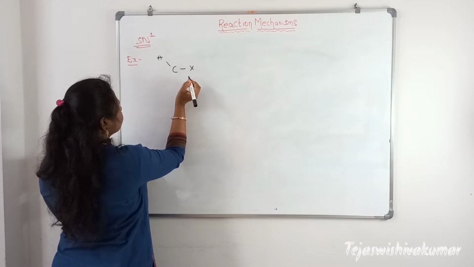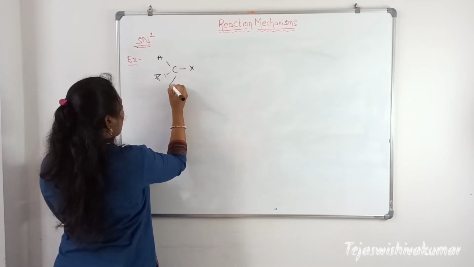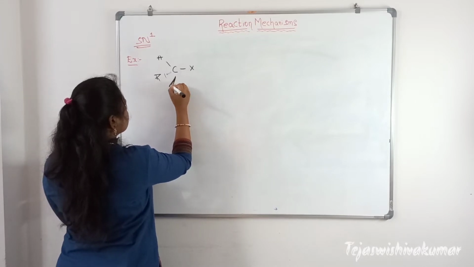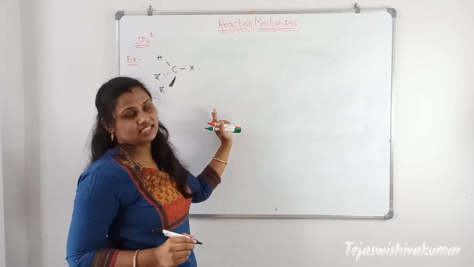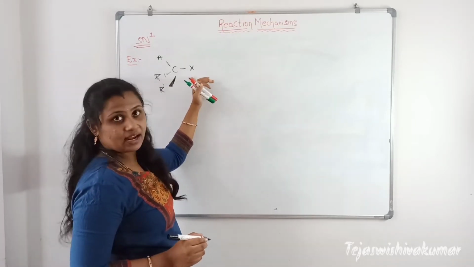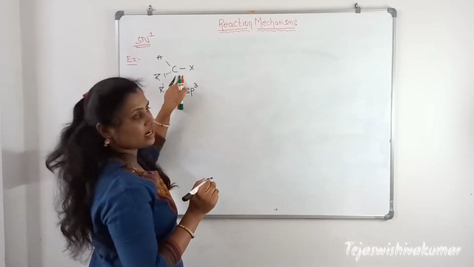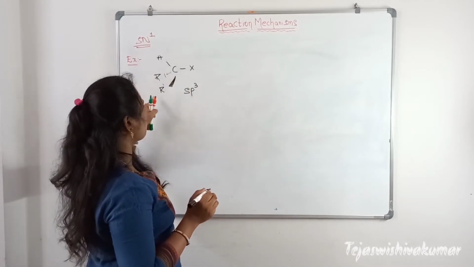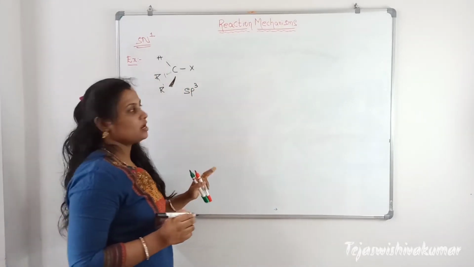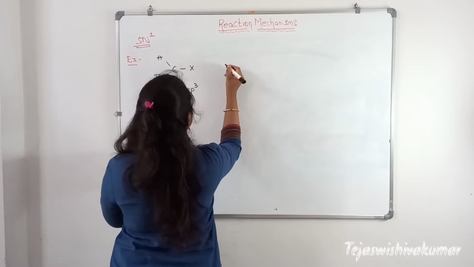Now other will be R, and this will be R dash. So now this is a saturated carbon alkyl halide which is in sp3 hybridization. Now this is the chiral carbon because it is attached to 4 different groups. Okati X, okati H, okati R, okati R dash. Now what will happen? So this is our substrate. Our substrate is ready. Now in the presence of polar protic solvent,